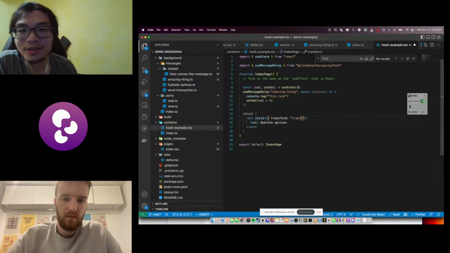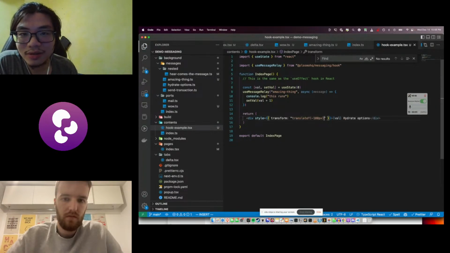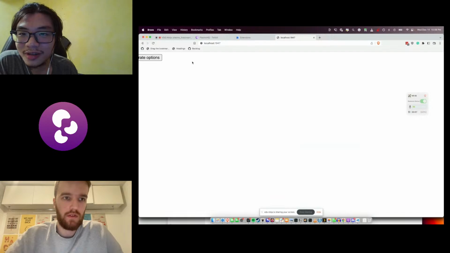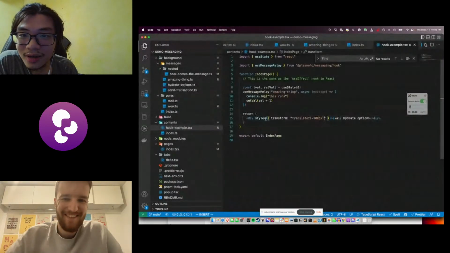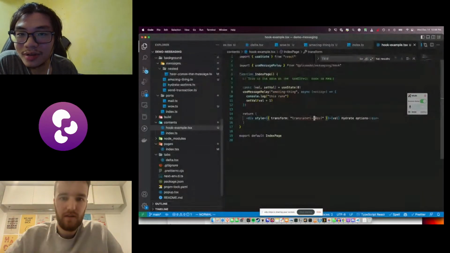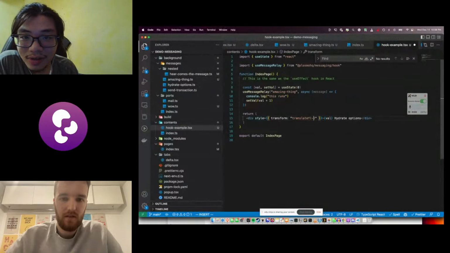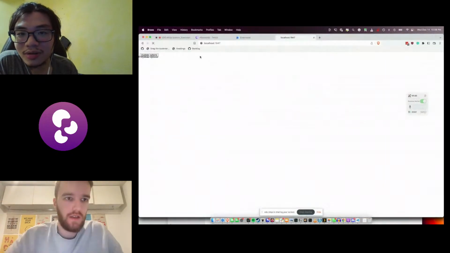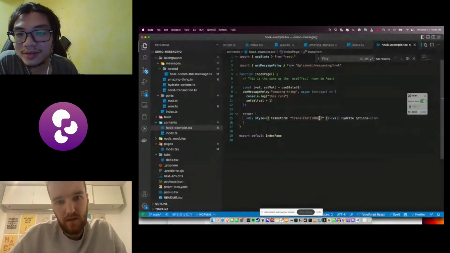Translate Y, and put it like 20px. And then just go up or something. I have no idea where it went. Oh yeah, because Y is up. Yeah, there we go. Okay. I'll just make it 200px. Alright, there it is.